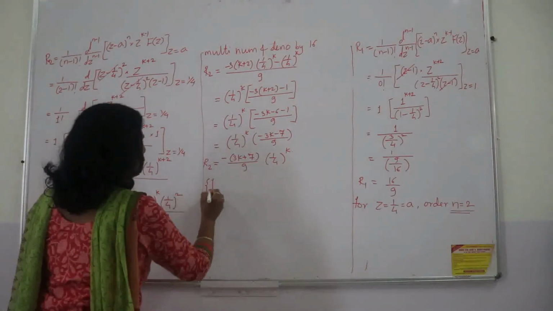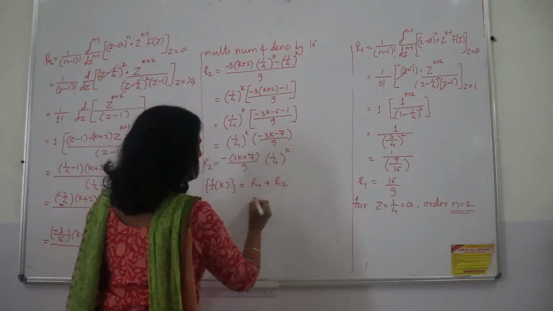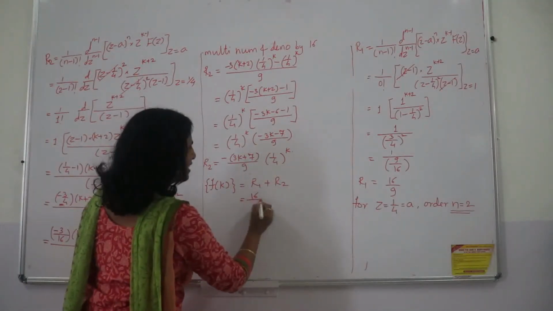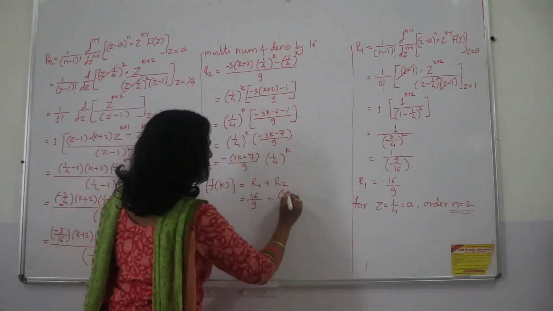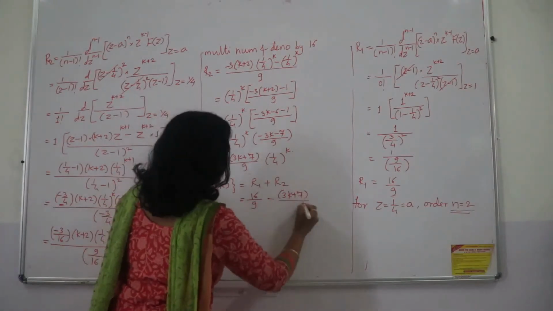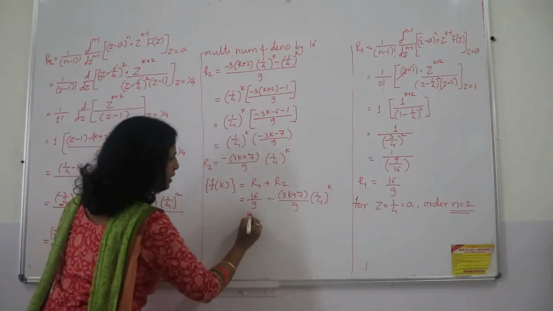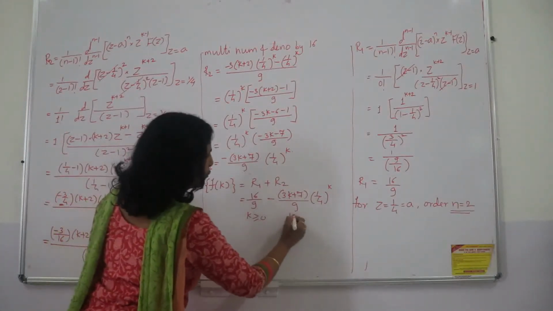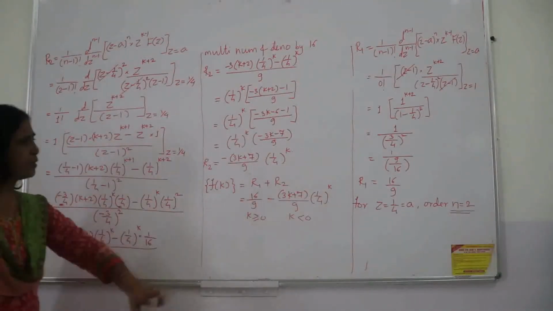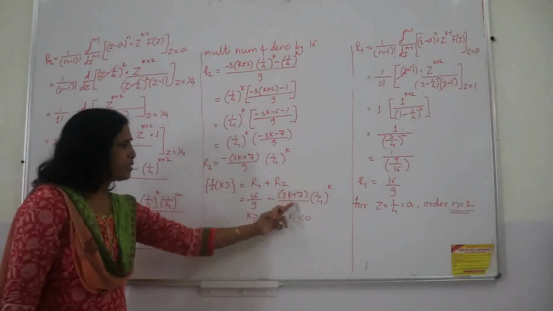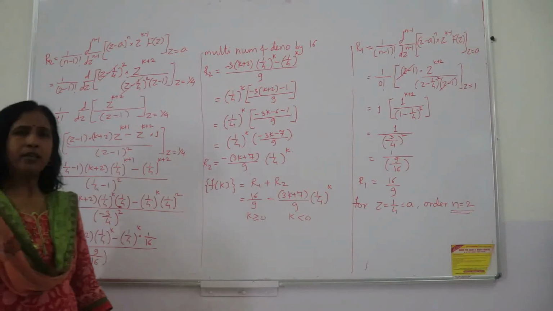And then finally write down f of k. This is equal to how many residues you calculated? R1 plus R2. Our first residue was 16 by 9 and plus this, not plus, sorry, minus, as it is minus here, 3k plus 7 by 9 and 1 by 4 raised to k. Now if you see these answers, again here k greater than or equal to 0 as it is positive, k less than 0 as it is negative. Now if you see these answers in the textbook, then you will see that such factors are adjusted a little bit. No need for us to adjust it. Clear? Okay.